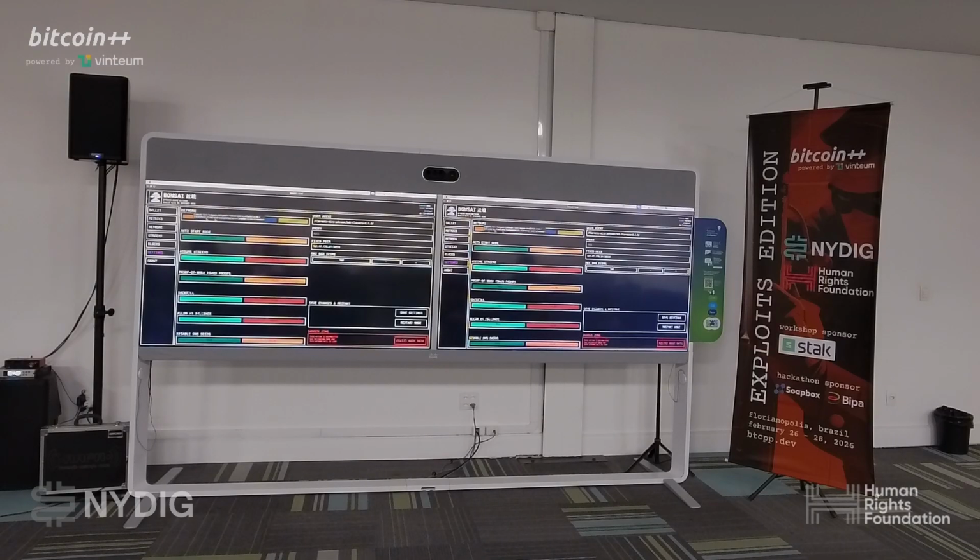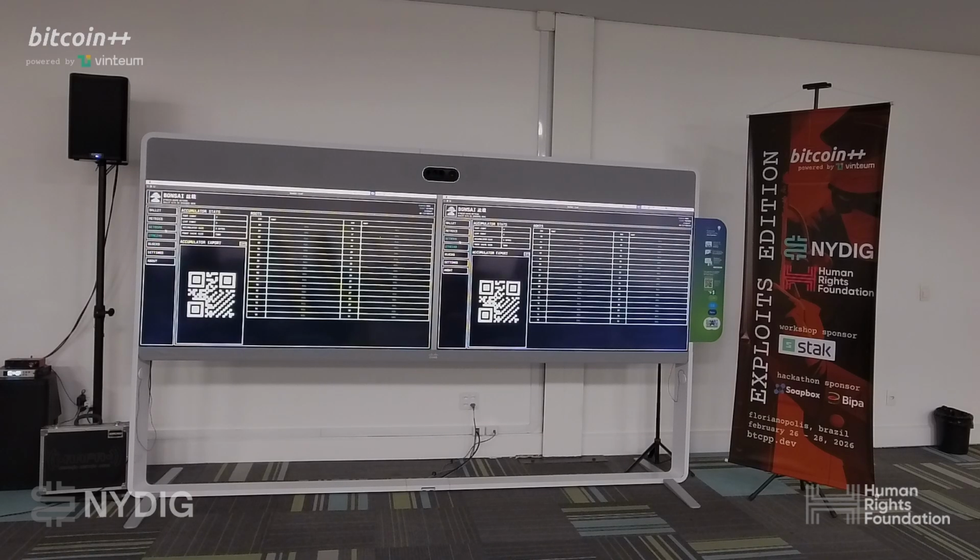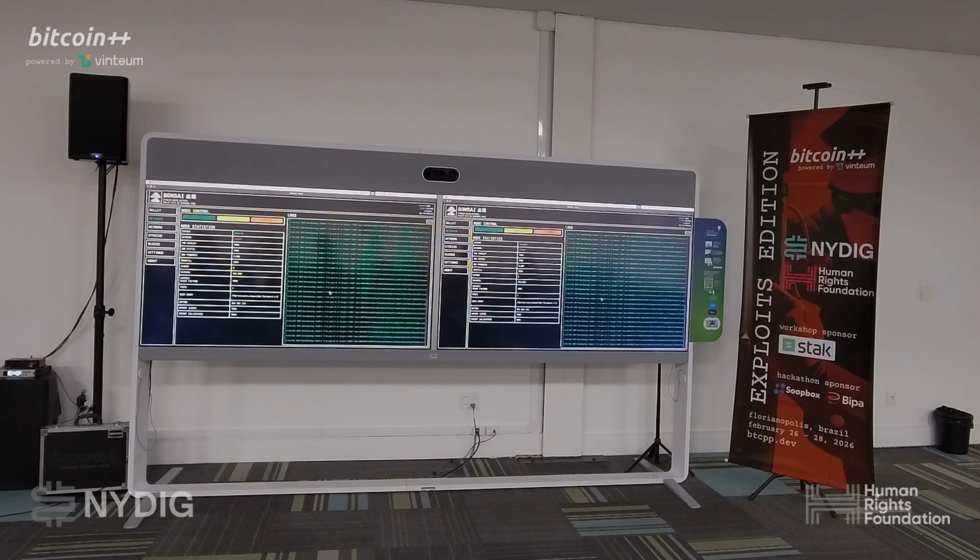You can toggle settings. Nice UI. Yes, 100% Rust.